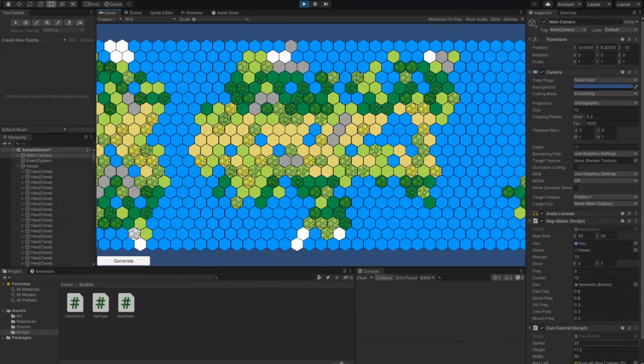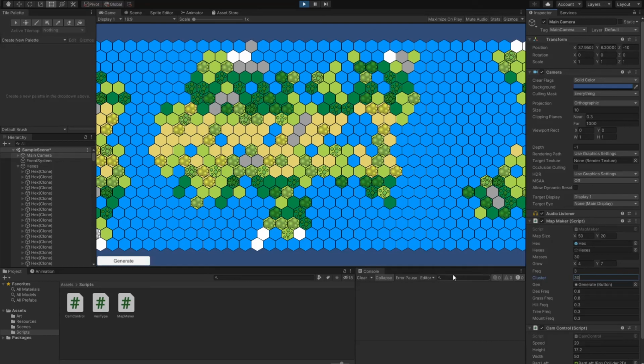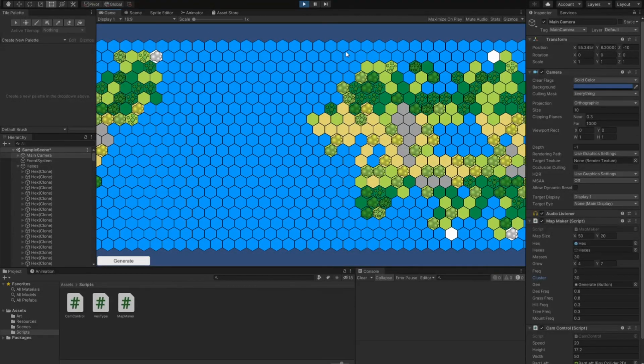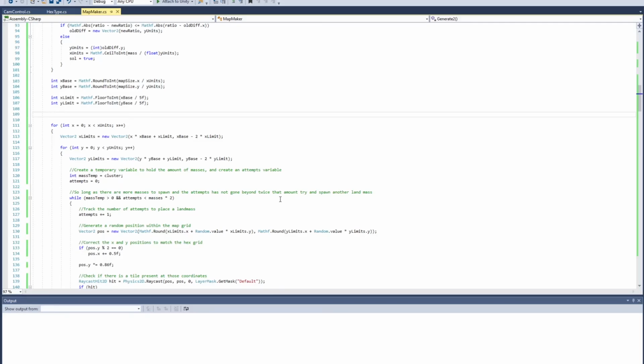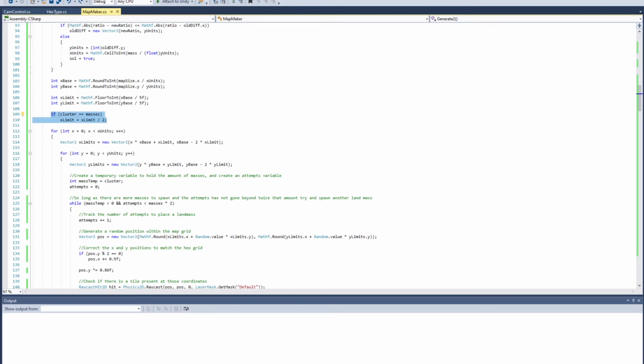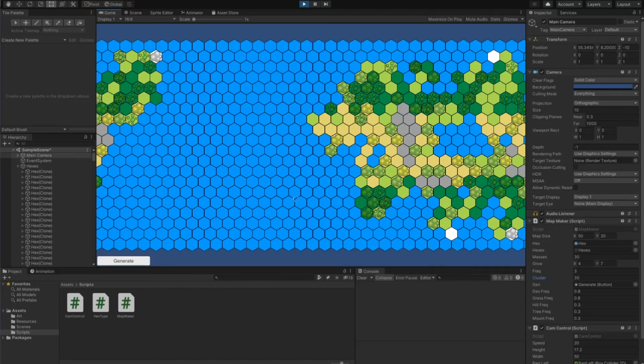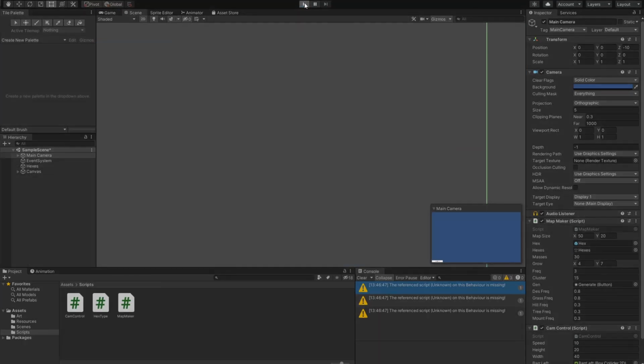For some reason, clustering is set to 15 still. Set clustering equal to the number of land masses and generate. And you can see that we have a really wide ocean here. So that's why that line of code is in there. You don't need it. You can leave that out if you do want a really big ocean on Pangea style maps. But I don't. I want the ocean between to be a little bit smaller when we're doing that type